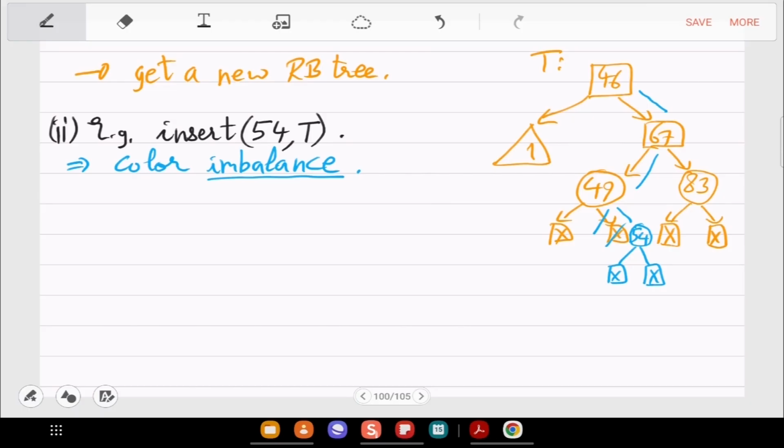So the resolution is: make 49 black, then make 67 red.